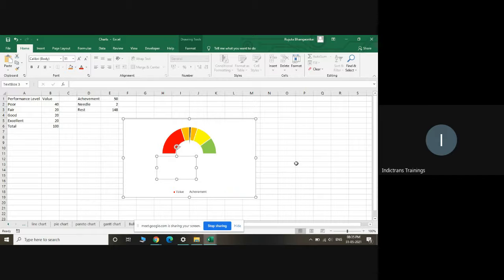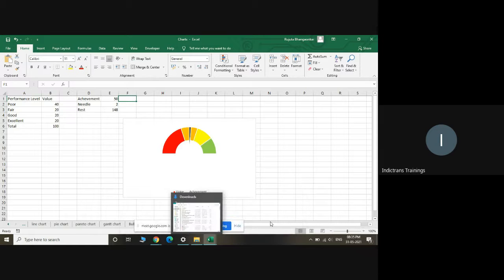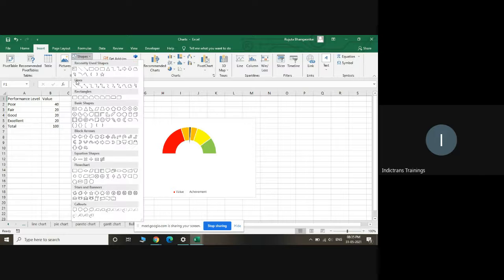Now just click somewhere outside and then click on the text box. Do you see the text box there? What is happening? You're selecting the text box along with the chart, so that is what is creating a problem.